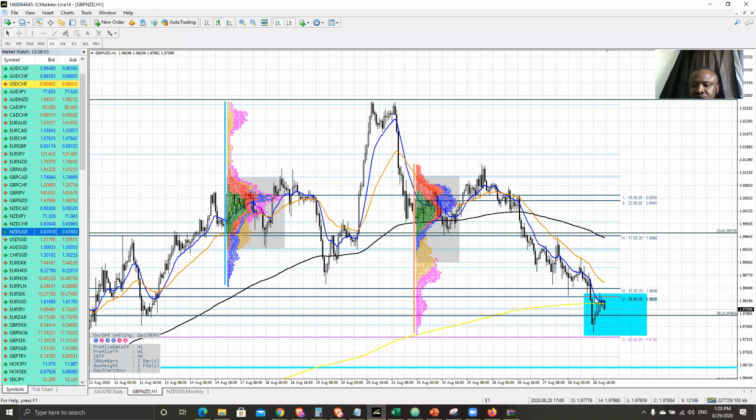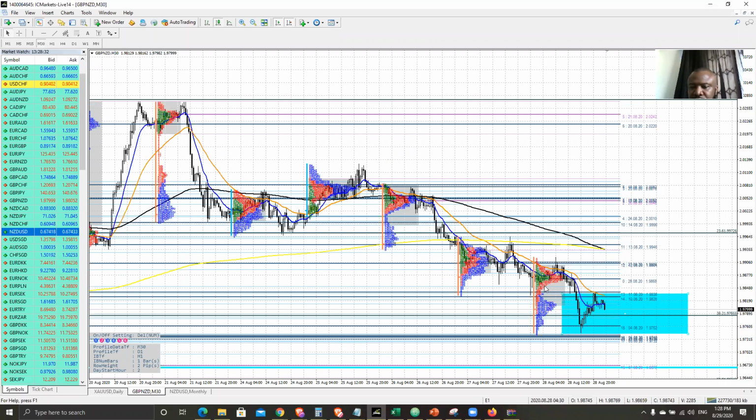This is going to be the huge determinant. Whatever happens inside there is what is going to determine what's going to happen. So for me, for now, I'm looking for price to come down to this level, okay? Looking for price to come down to this level means I'm looking for the cheapest price, which means probably I'll be setting my alert around this level, and then see what kind of reaction I'm going to get in that cheapest price area.